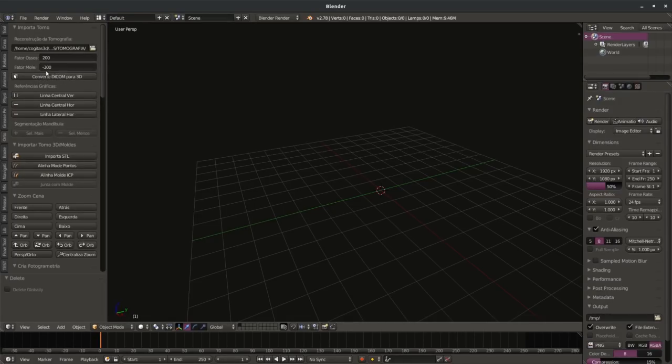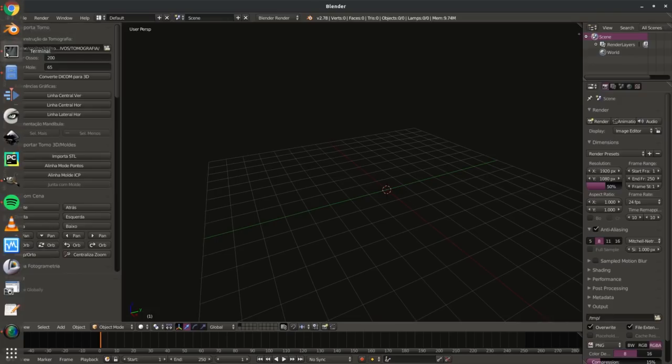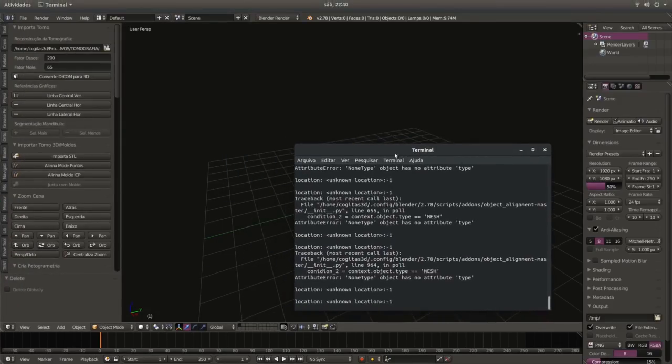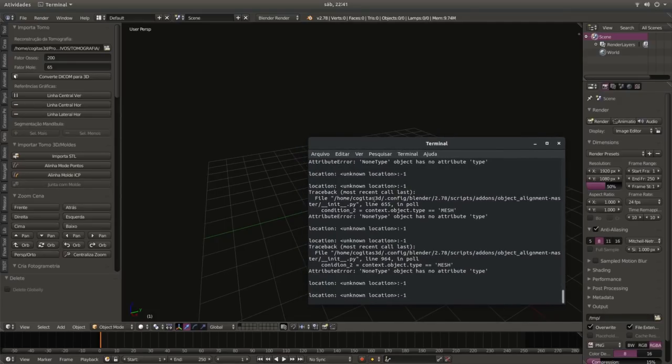para 3D, you have to change this value because this CT scan is not a real CT scan, it's a fake CT scan, it's not a real patient. I will change it to 56, and other important thing is that you have to open the terminal together, the Blender, or open Blender by in the terminal to see all the outputs